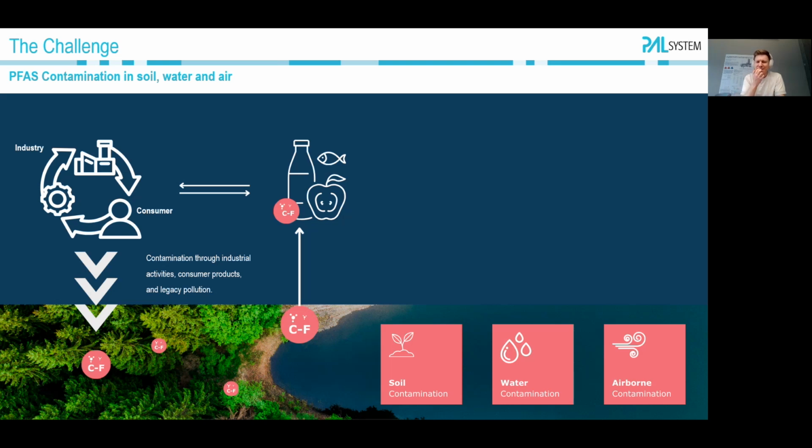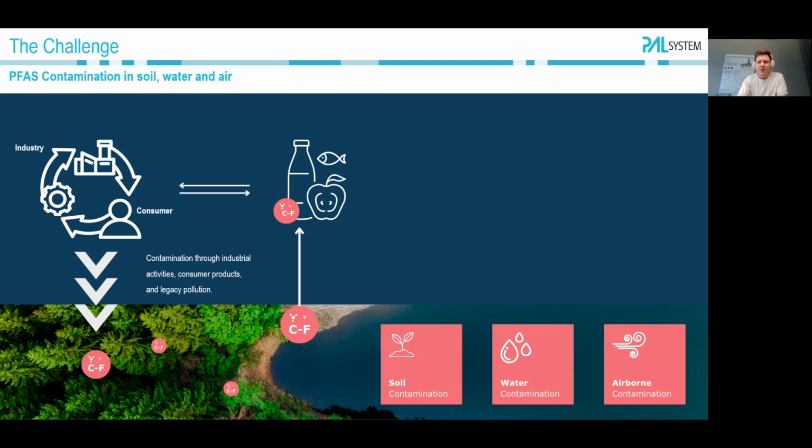So, what exactly is the challenge with PFAS? Well, imagine a chemical bond, the carbon-fluorine bond, that's incredibly strong. The stability makes PFAS fantastic for things like non-stick pans and fighting fires, but it also means they just don't leave. They've earned the nickname forever chemicals for a reason. Consequently, industrial activities, consumer product use, and historical pollution have led to them being pretty much everywhere in the soil,